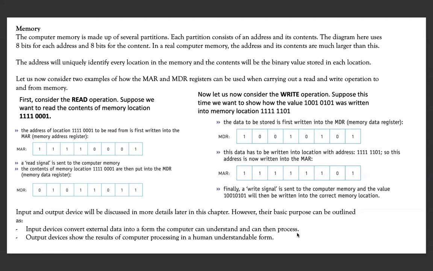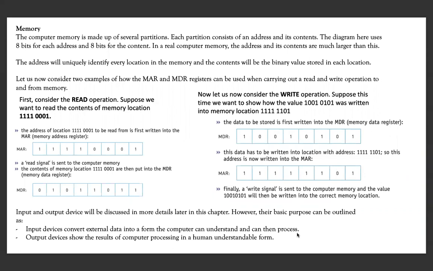Whenever we want to define an input device, we will not say something that sends data into the computer, for example, a mouse or a keyboard. No. An input device is defined as a device that sends data to the computer from an external source in a computer understandable form. So all input devices, may it be a keyboard or a mouse, are basically taking inputs from the external environment, but presenting them to the computer in a computer understandable form, which is ones and zeros. So our input is then understood by the computer based on this.